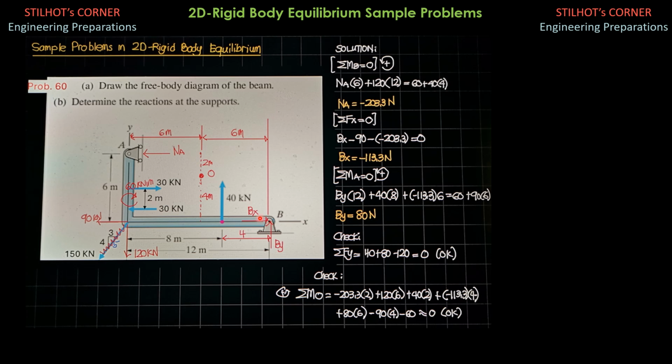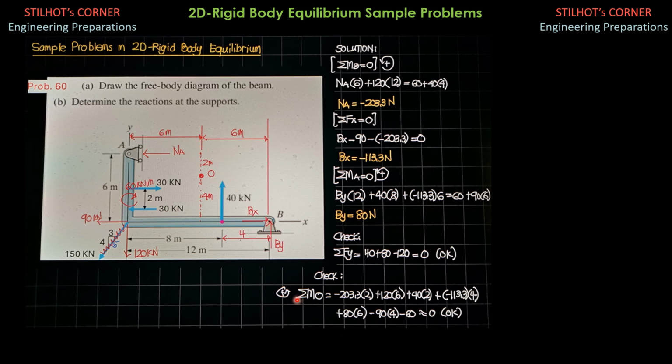Another way of checking, I choose this point O here, and remember, the point is arbitrary. So it's better to select point O so that all forces, including the couple, will be involved. So this is 4 meters, I choose that as 4 meters. Then this is 2 meters, 6 minus 4. And its distance is the center of this horizontal portion of the bar. So that's why you have 6 and 6 meters.